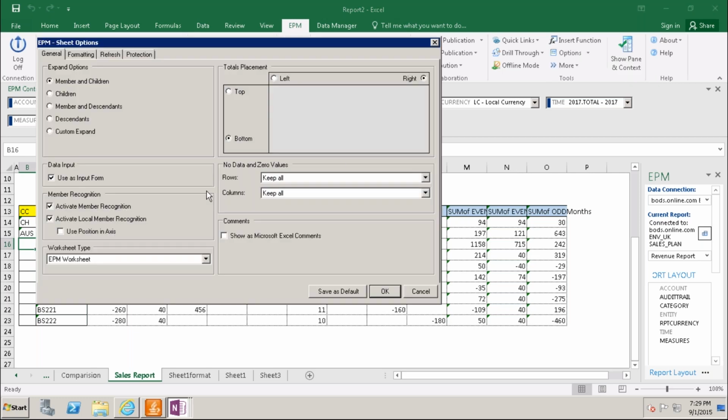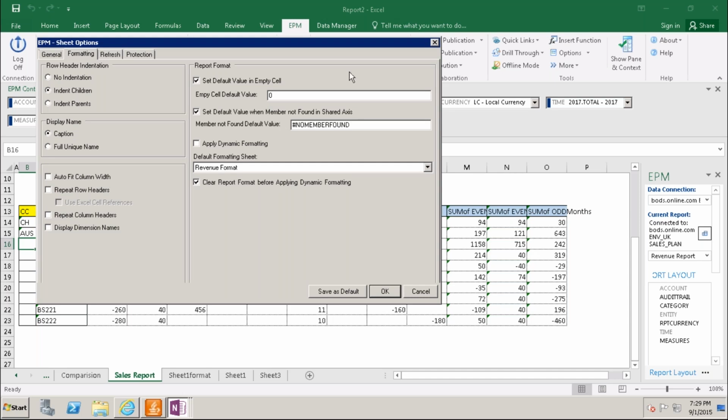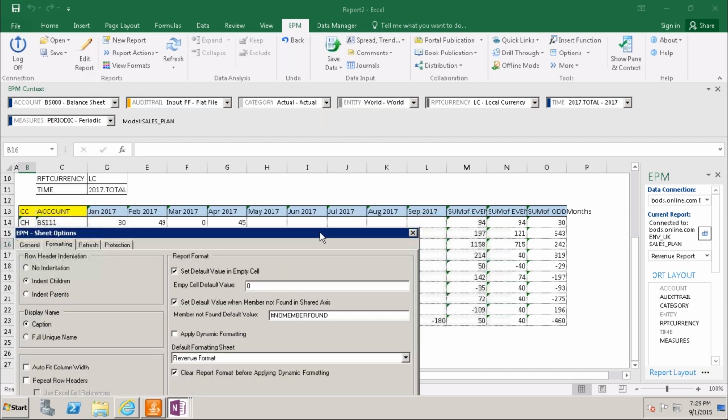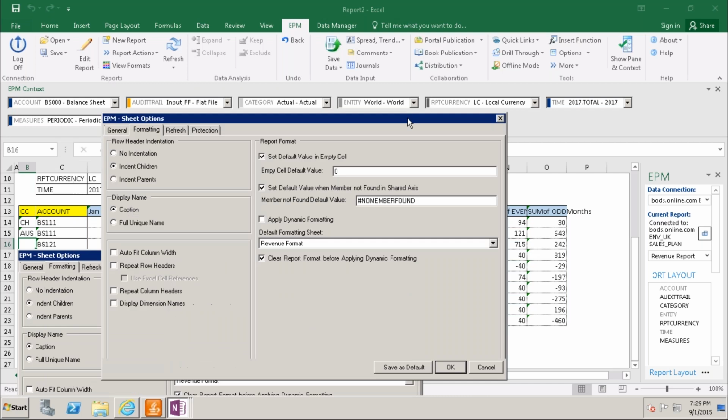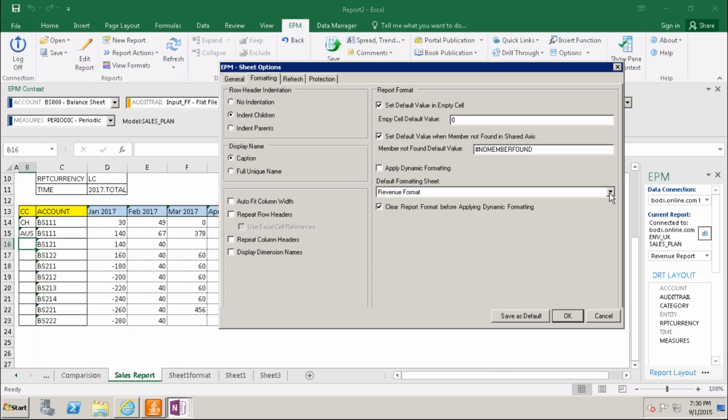Sheet options, formatting. Not sure why this is not applying here. This is the revenue formatting itself.